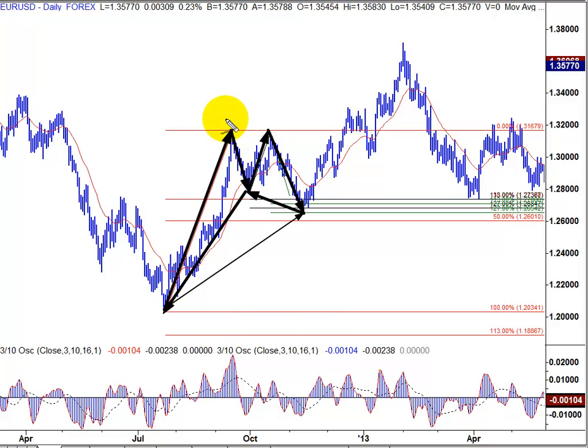Now, this could be considered also a corrective wave, but if we look at it in a harmonic fashion, you have your X, your A, your B, your C, your D, all tying into one area,